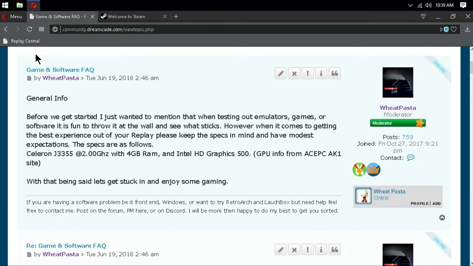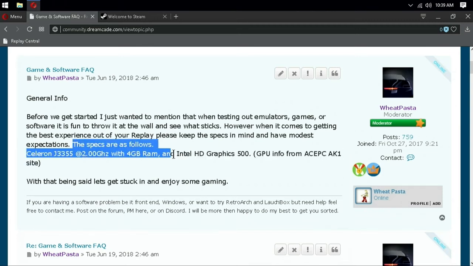First, before we start, we need to make a note of the Replay specs here and have modest expectations. The Replay has an Intel Celeron J3355. It can burst up to around 2.4 GHz and has a base clock of 2 GHz. It also has 4 GB of non-upgradable RAM with an Intel HD 500 graphics set. With that in mind, if you did not use Ninite to grab Steam, you can head over to Steam's website